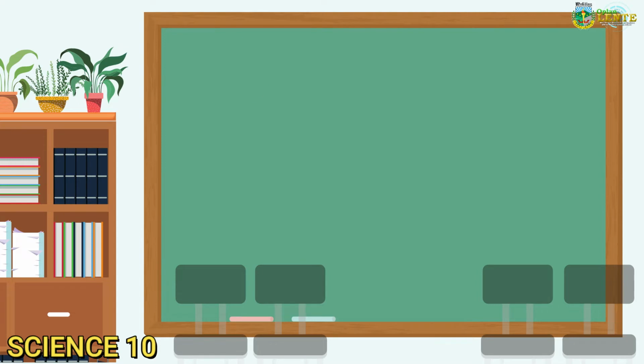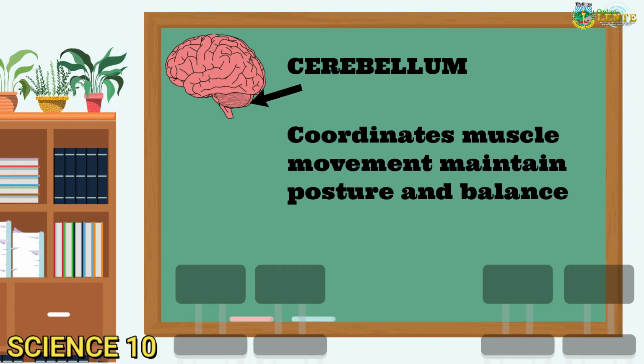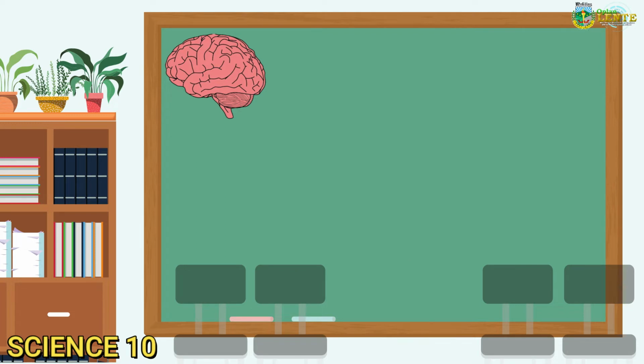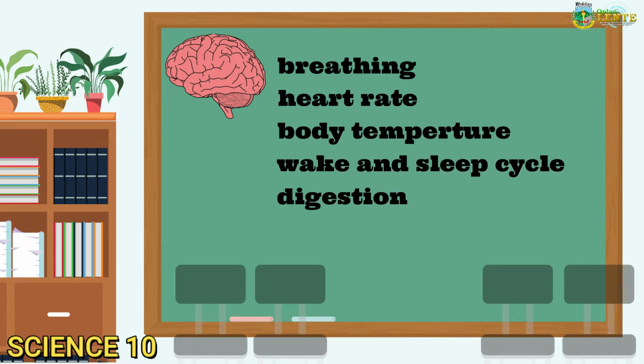The cerebellum is located under the cerebrum. Its function is to coordinate muscle movements, maintain posture and balance, while the brainstem acts as a relay center connecting the cerebrum and the cerebellum to the spinal cord. It performs many automatic functions such as breathing, heart rate, body temperature, wake and sleep cycles, digestion, sneezing, coughing, vomiting,